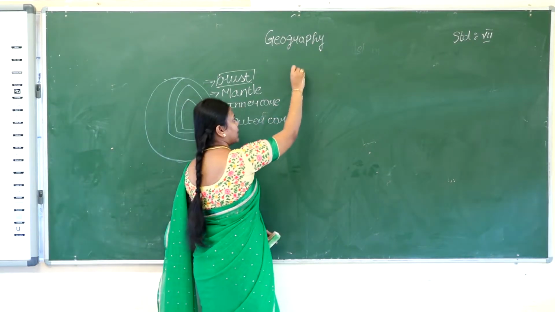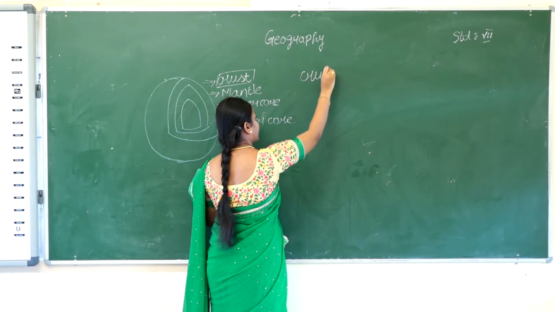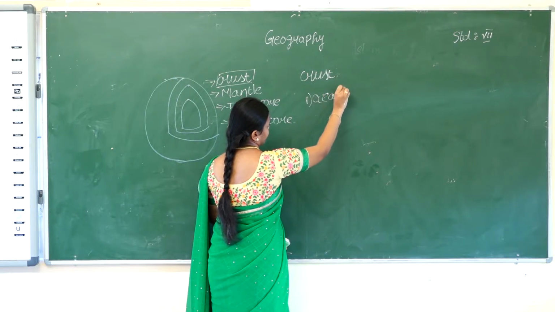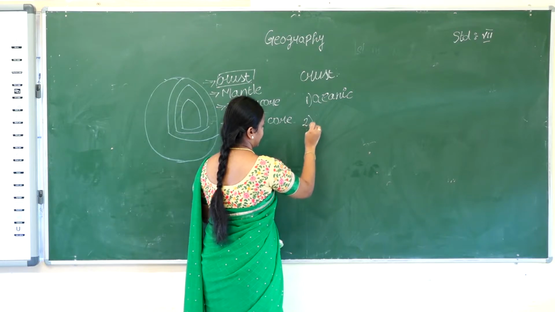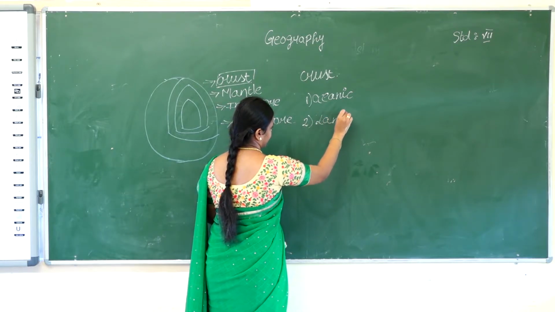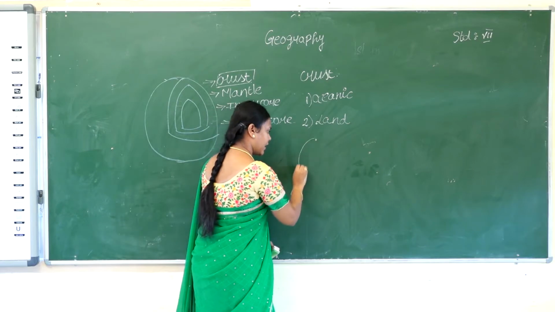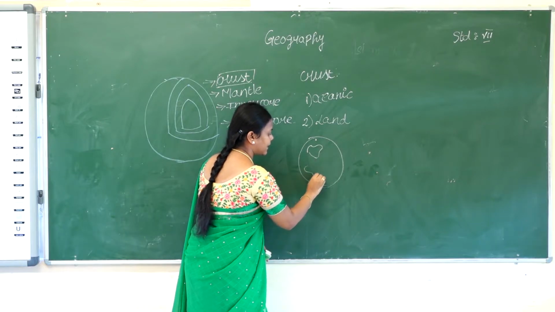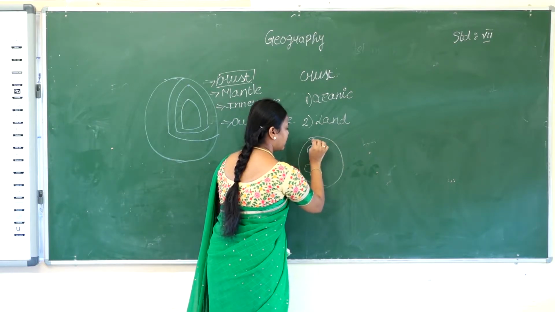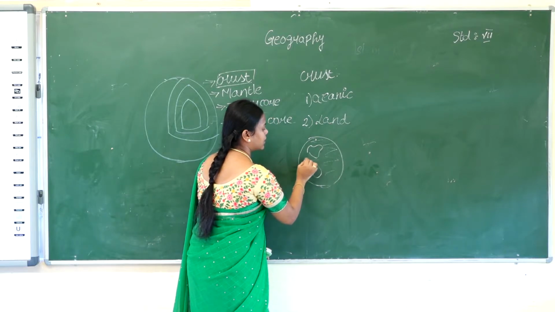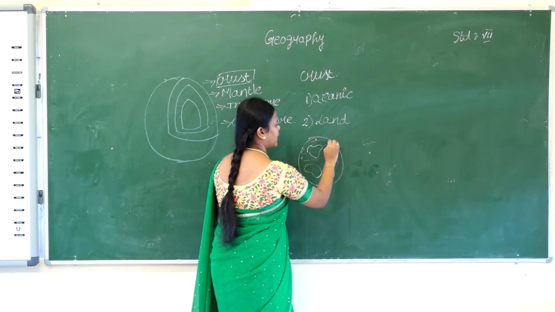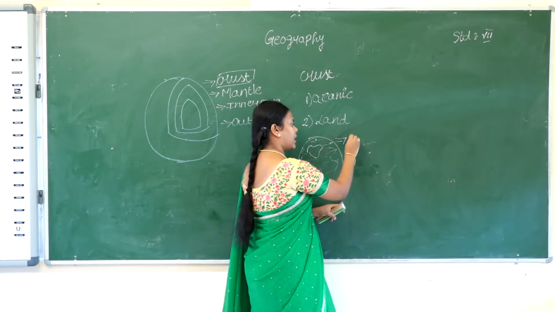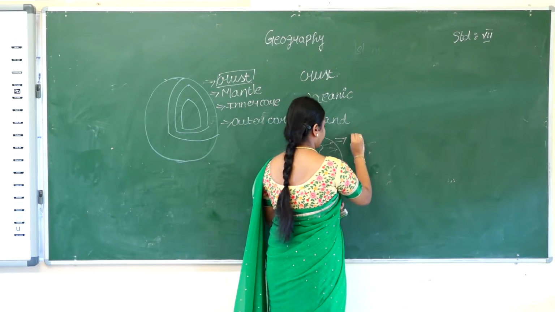First one is the crust. In the crust we are going to see 2 types. One is oceanic crust and the second one is land. In oceanic crust, say this is the Earth and some continents are there, and the remaining portions are fully covered by what? Ocean, no? So it is oceanic crust. In oceanic crust, the components that are there are alumina,